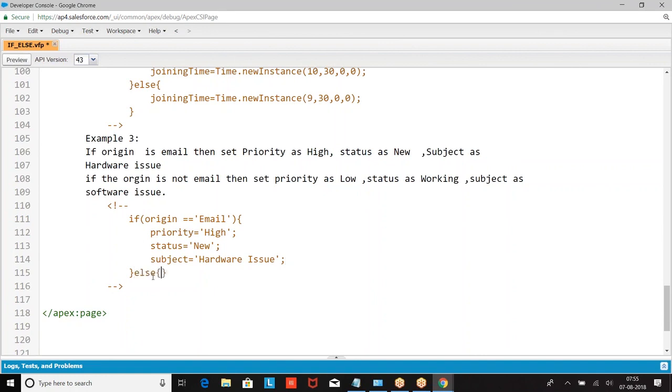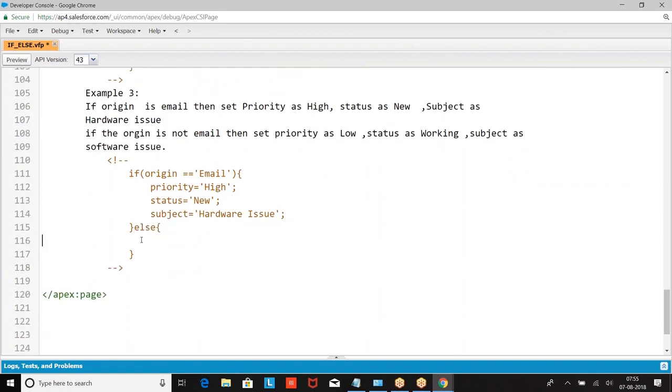Else, if it is not email, priority equal to low, status equal to working, subject equal to. Right. I hope I am good with this.